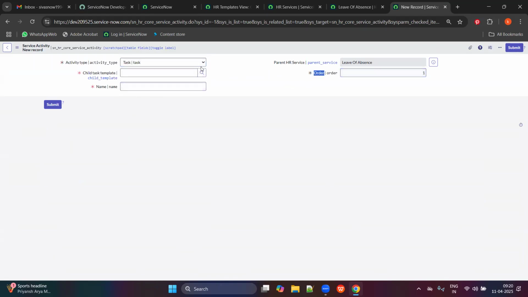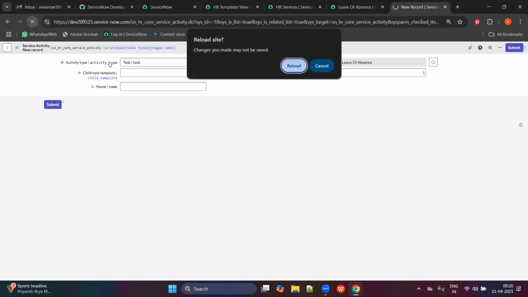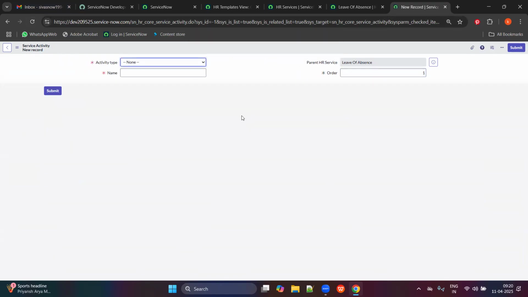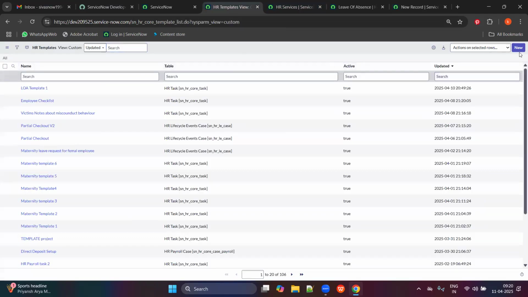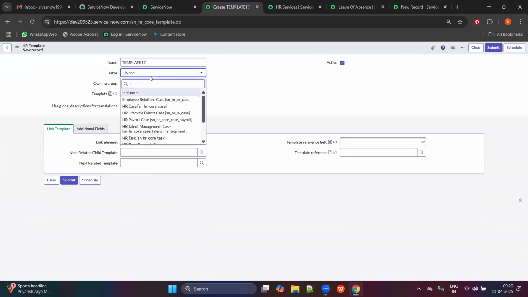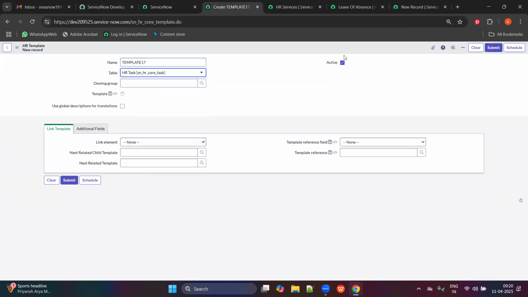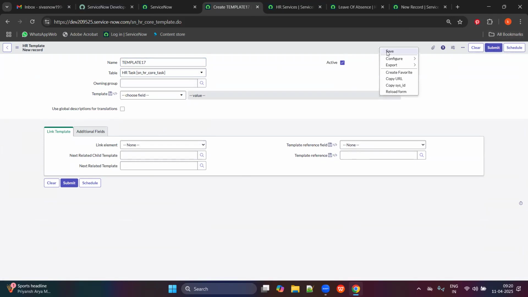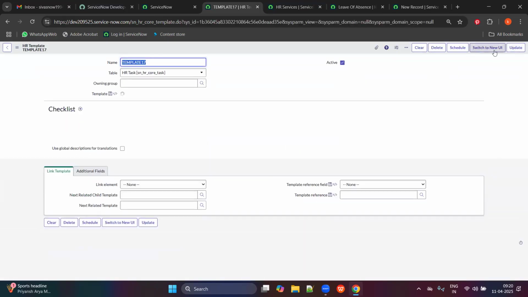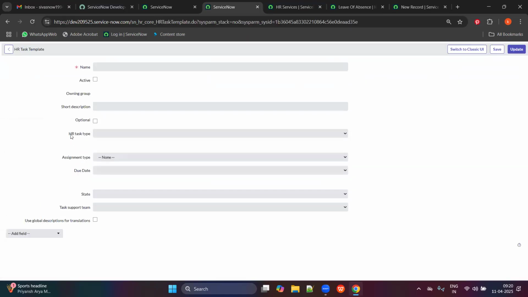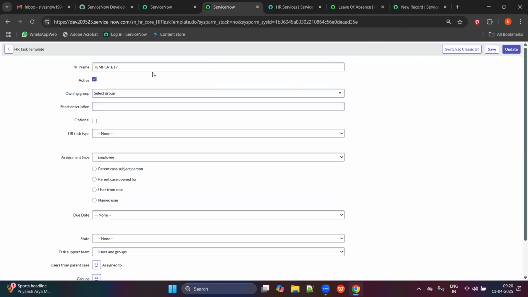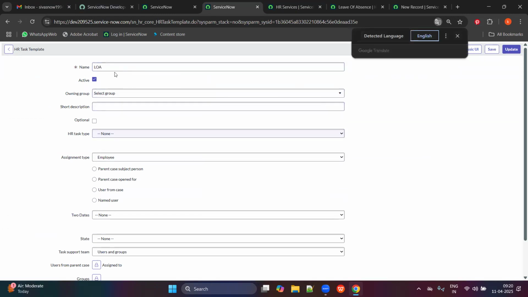Select a task again, right, guys? Select a task again. Come here, create one more template. Take an HR task, okay, and save it. Now switch to the new UI. You will find the fields again, right? So, LOA template 2,